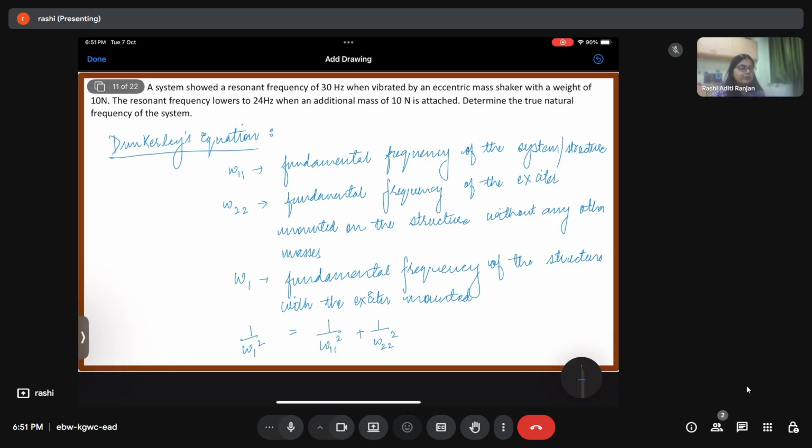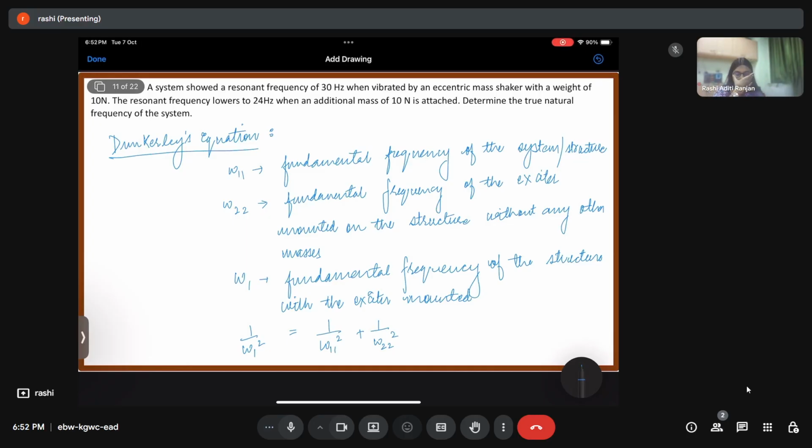So what do we do? We take that system and then we apply an exciter. We mount an exciter on that structure,